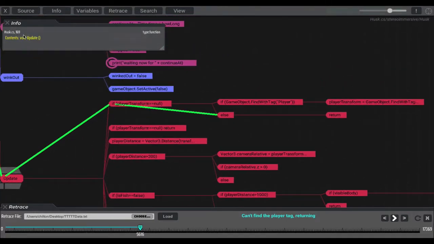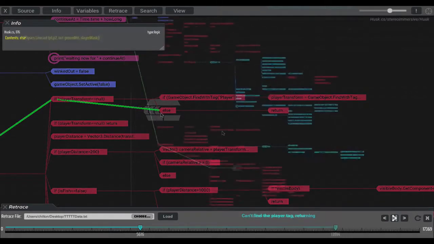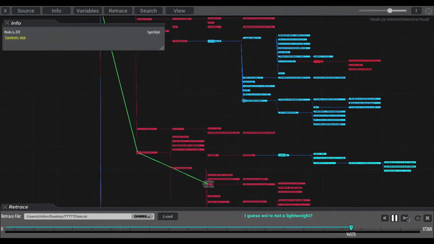If we zoom in on that line, we will get a better idea of what is happening. If the player transform is null, then we look for objects with a tag of player, and if that fails, it goes to the else statement. A quick tweak in the game, and we now have a character with a player tag. And looking at that retrace